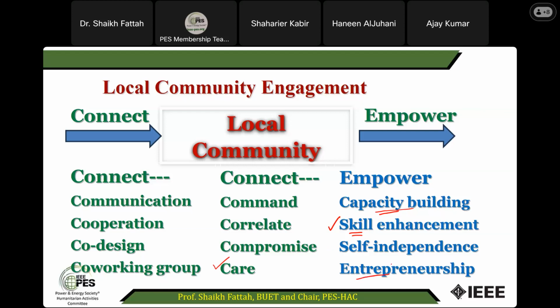So you start it, because you will not be there the whole time. But yes, if you want, you can do joint entrepreneurship. Or if you are busy with your own studies and other activities, then why don't you try to enhance their capacity and skill, so that they can extend that facility and be good entrepreneurs. That's a simple, small slide, but very important, I think.